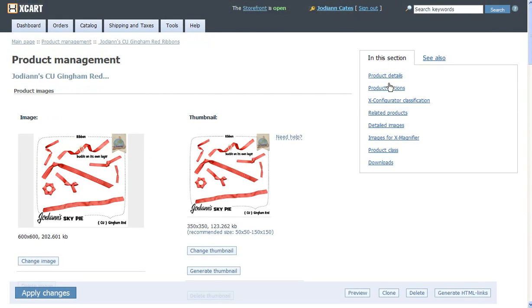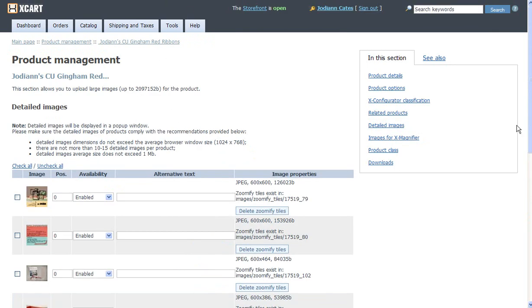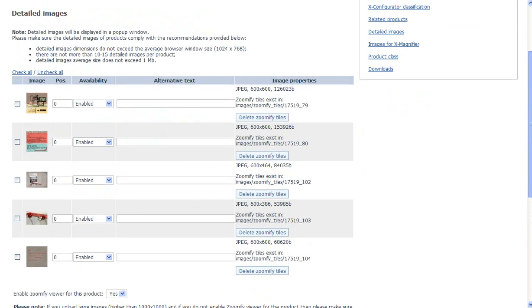Okay, going back to this section here where it says detailed images, I think I preloaded the detail images page. Yes, I did. What I've got here is a number of these layout images that are going to be what we call the detailed images, or what this is calling it. Some carts call them different things. But anyway, what I have done is I have